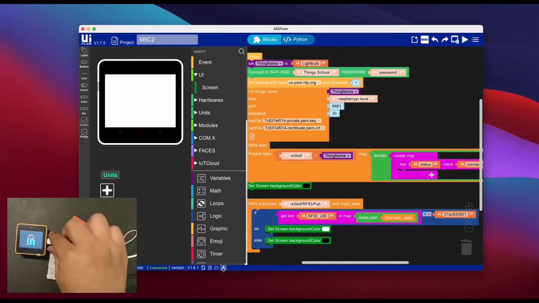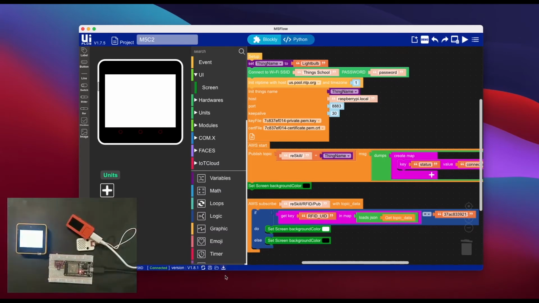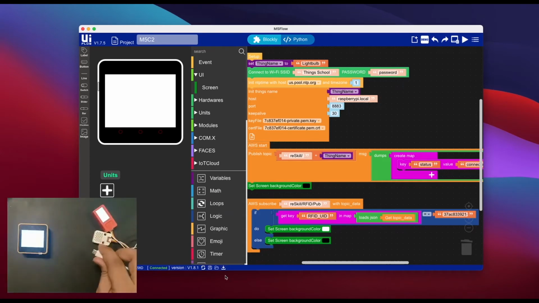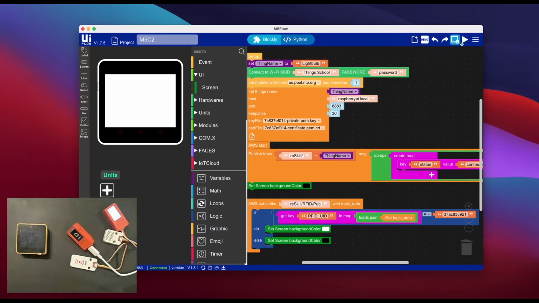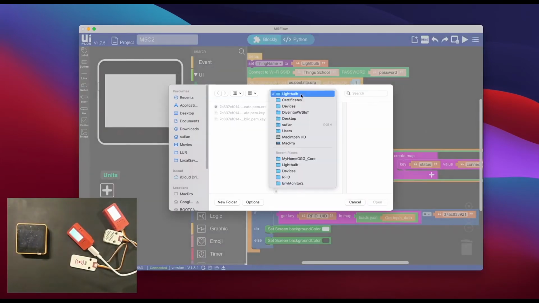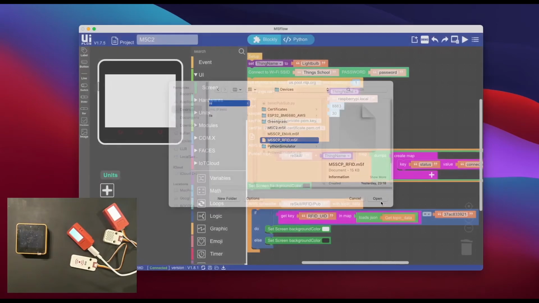Now this programming is done. So I'll go ahead and change the program for the RFID. So what happens in here is, let me open this one, devices, RFID, open.